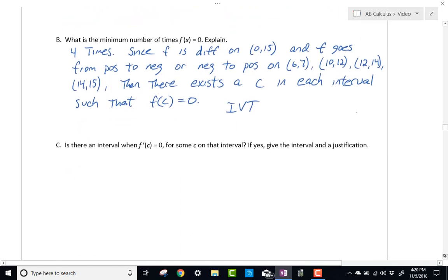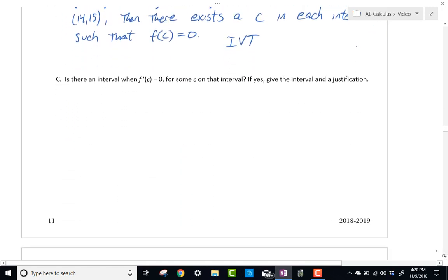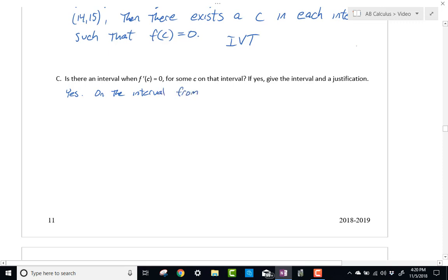All right? Now, in order for me to do this, I'm going to lose that. So is there an interval? So yes. And I got to remember what we were talking about here. So on the interval 1 to 6, f goes from increasing to decreasing,